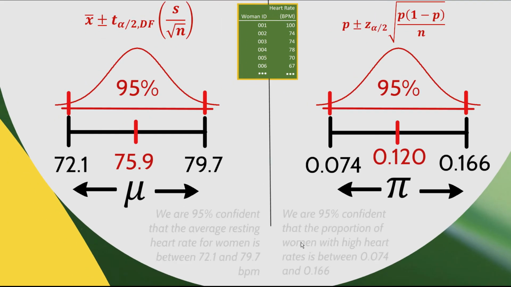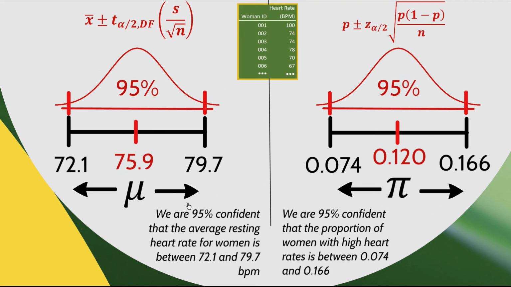So how do we interpret both of these? Well, on the left side here, we can say we are 95% confident that the average resting heart rate for women is between 72.1 and 79.7 BPM. And on this side, we can say we're 95% confident that the proportion of women with high heart rates is between 0.074 and